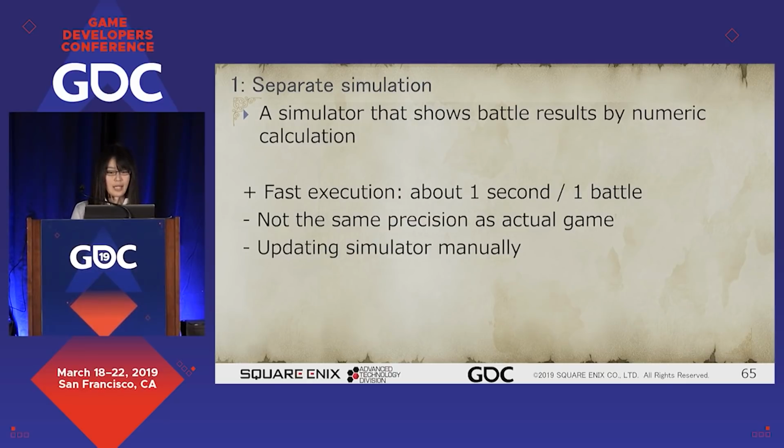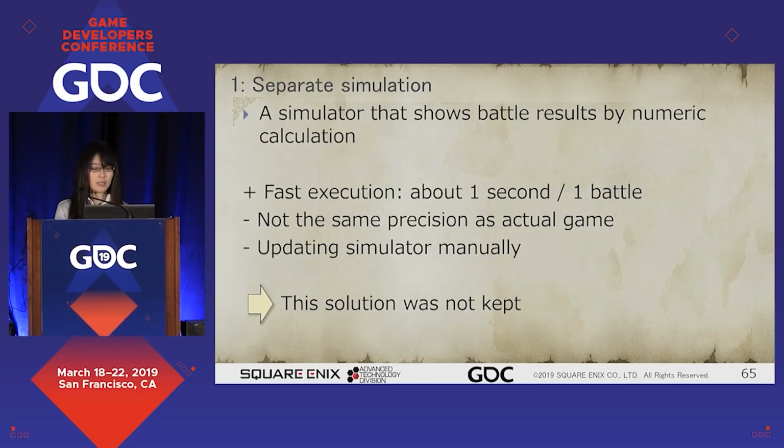Especially when the game was updated, we needed to manually update the simulator game loop. So it was another heavy burden. And there was a possibility that we might even forget to update the simulator when we update the game. We decided to stop using the simulator.